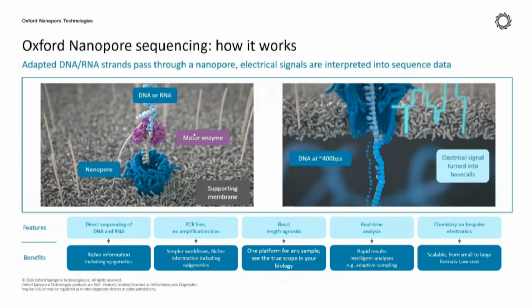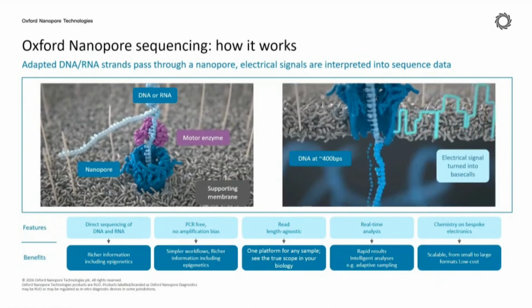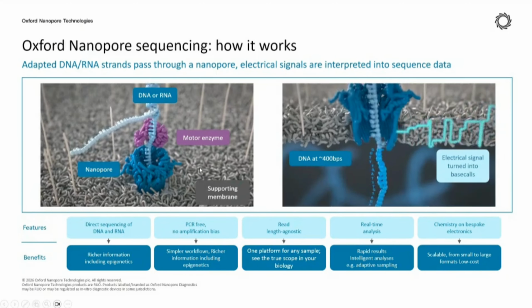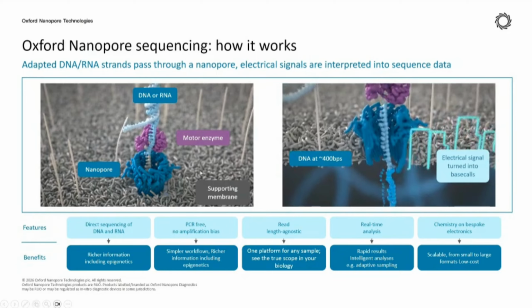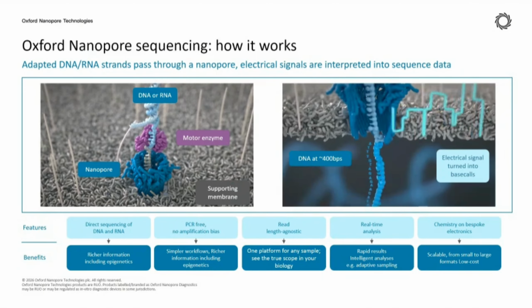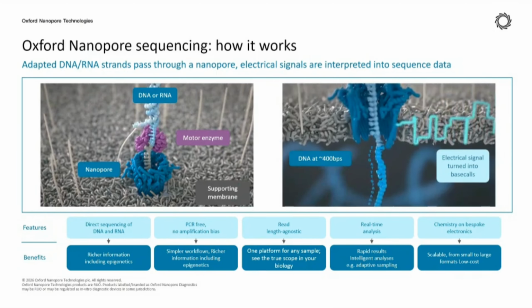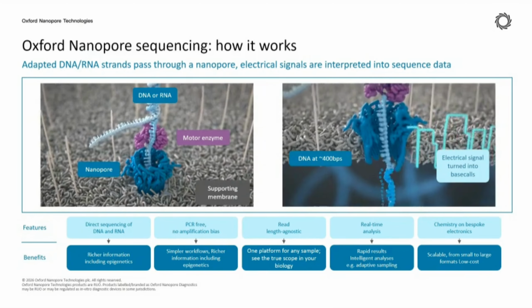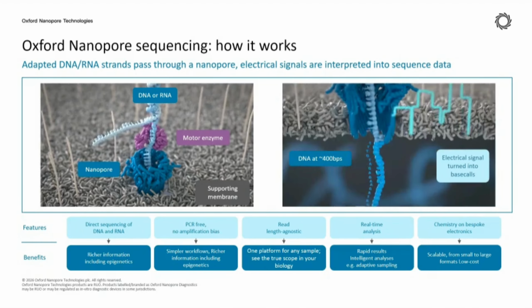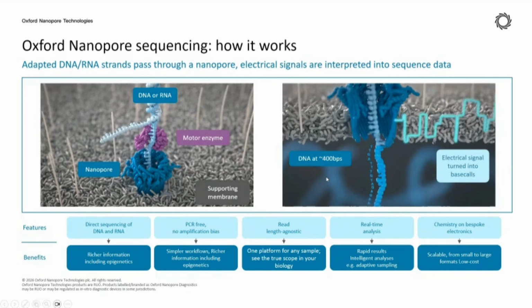So this is the animated version of the nanopores. From the left-hand side, the pictures show how the nanopore is positioned on the membrane. The DNA or RNA molecules are brought over to the nanopores and then unzipped by the motor enzymes. After unzipping, the single-stranded DNA molecule passes through the nanopores. And as you can see on the right side, when the DNA molecule is passing through the